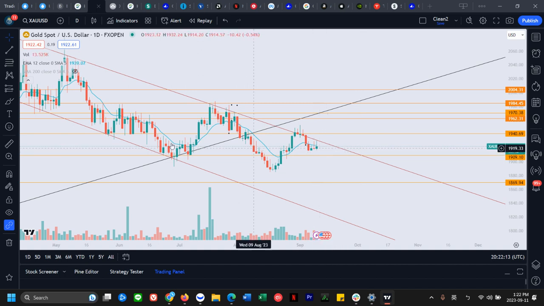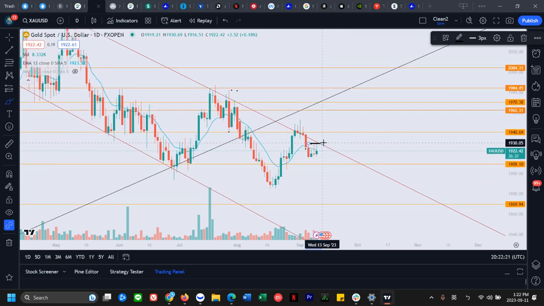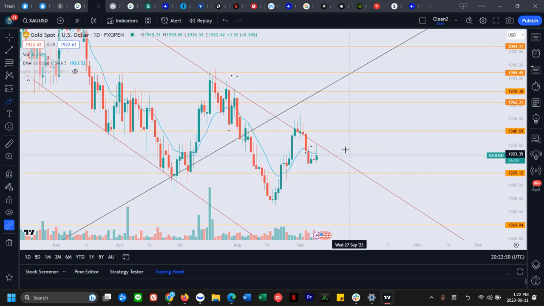Because if today, let's say we close at the high of the day with the dollar weakness, then I would have more confidence saying that if tomorrow we get more dollar weakness, then we have a clear breakout above it. Now we closed pretty much at the low of the day while having dollar weakness. So now I can't bank on more dollar weakness potentially giving us higher moves. Let's say we get another red day on the dollar. Maybe this will just bounce and then close around here, right? And then I won't have as much confidence, versus if we close at the high of today, then I'll have more confidence that tomorrow we may break out.